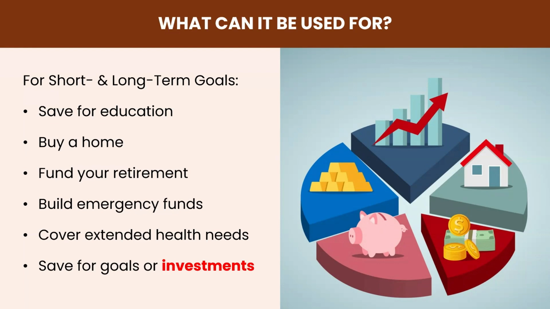For long-term goals, you probably might be thinking about setting up a business in 15 years' time. You can use your TFSA to save towards that goal. So you need 50K to set up a business in 15 years' time. How much do you need to start putting in every month to grow towards your target amount in 15 years? You can use your TFSA as well. And the advantage is that your money will be growing tax-free. So instead of putting it in your savings account that is taxed, because most people also do not know that the interest they earn on their savings account is taxed. Instead of leaving it there in your regular savings account, you can put it in your TFSA and the same money will grow tax-free. So you can use it for both your short and your long-term goals in a variety of ways.